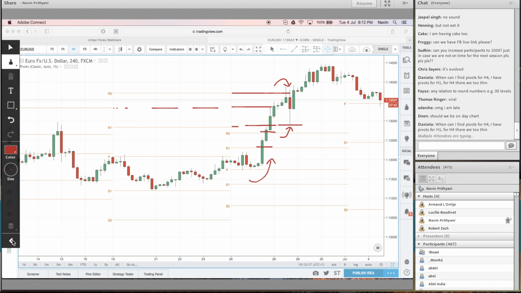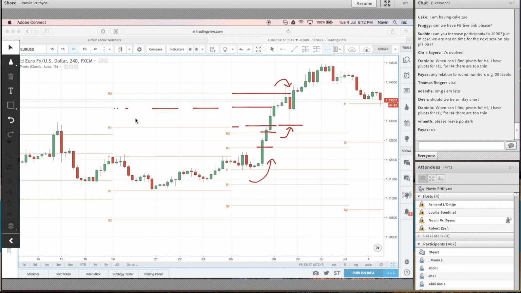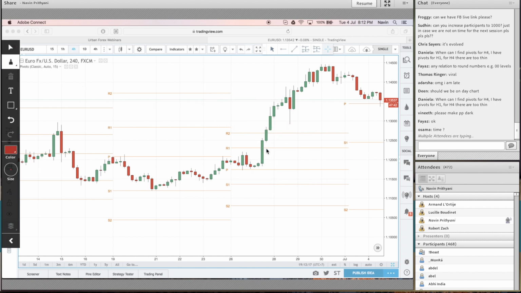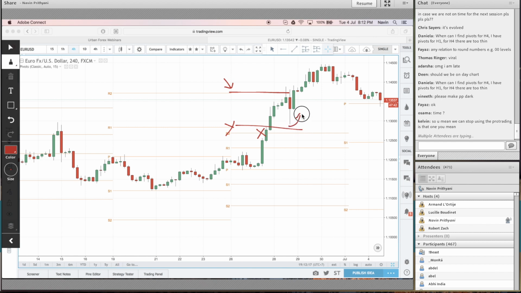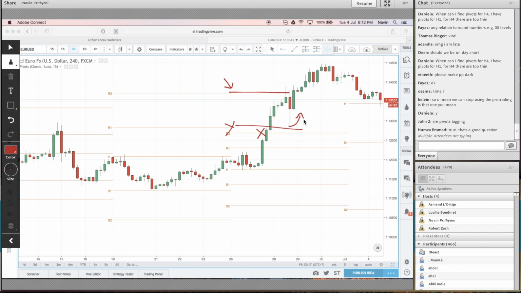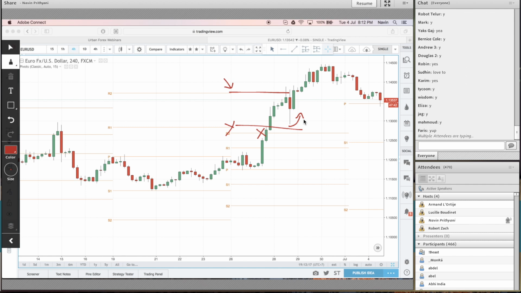Now, in this information, don't we all agree the number one question is, how would I know it's going to blow through this, blow through that, come out to here, bounce from here, come all the way down to here, and then resume again? Isn't that information we would all like to know? What if I give you that information today? How much better would your trading be? So let's look into this today.